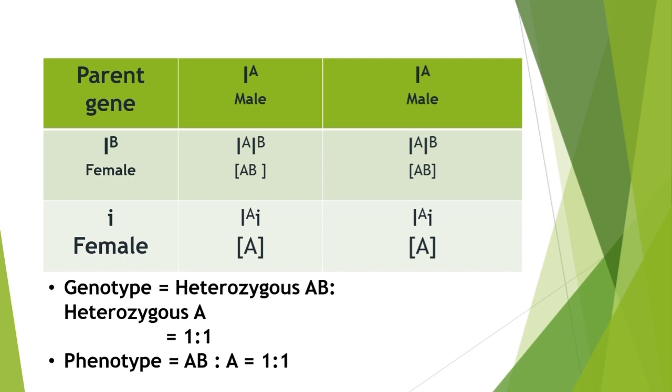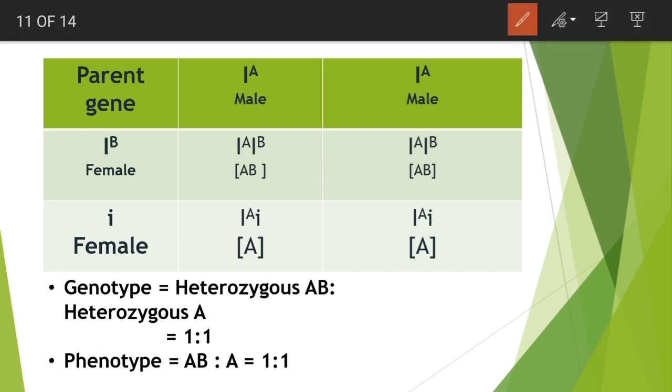Here is a table given where a homozygous male is crossed with a heterozygous female, and the results of the cross are: in the first cross there will be expression of capital IA and capital IB,